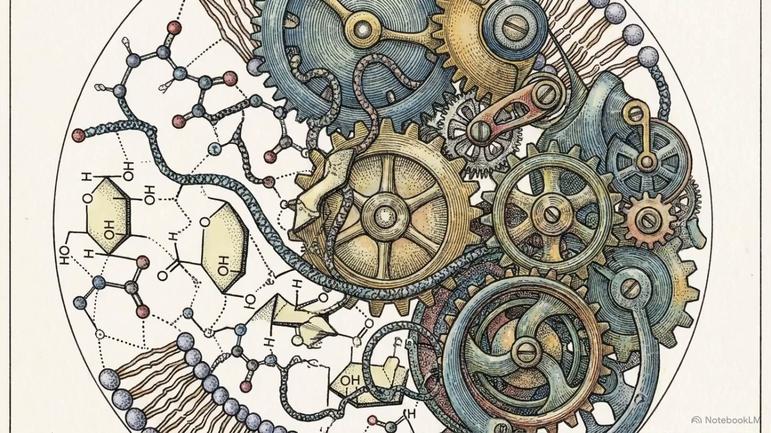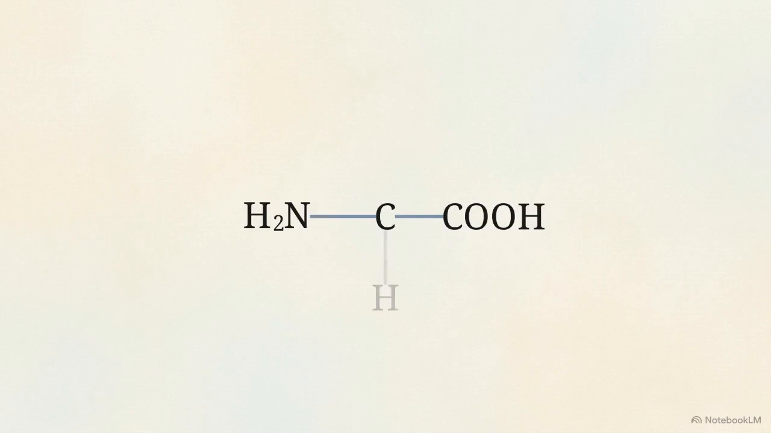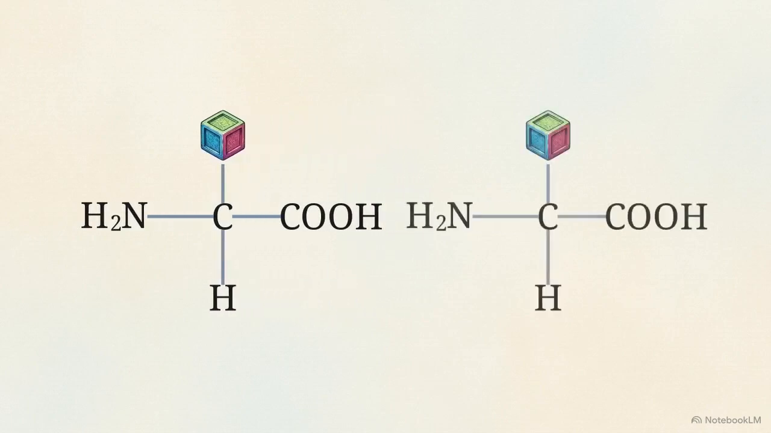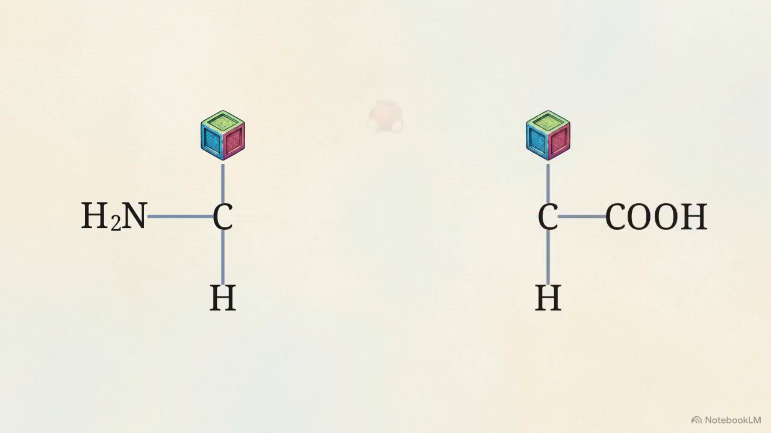Their monomers are amino acids. Every amino acid shares a universal backbone consisting of an amine group and a carboxyl group. What distinguishes the 20 different amino acids is a highly variable side chain, called the R group. Condensation reactions link the amine group of one amino acid to the carboxyl group of another, forming a peptide bond. The exact linear sequence of these linked amino acids is called the primary structure, and it is strictly encoded by